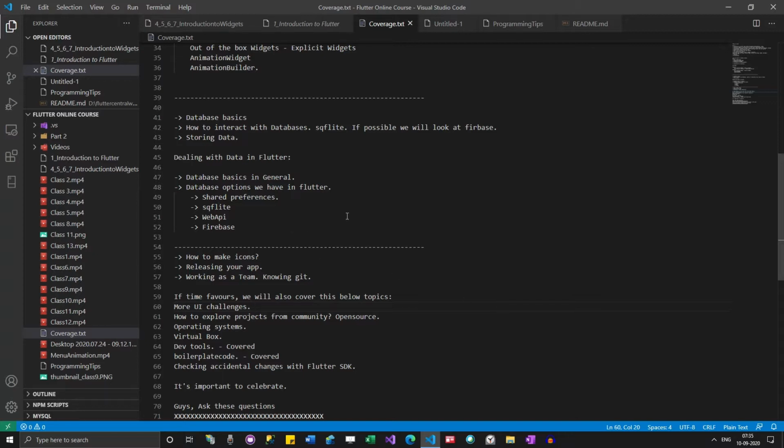The topic we are discussing is dealing with data in Flutter. We have looked into two things till now: shared preferences and SQFLite. With shared preferences, I have shown you how you can store small key values in your mobile itself, wherever the app is installed, and access them whenever required.